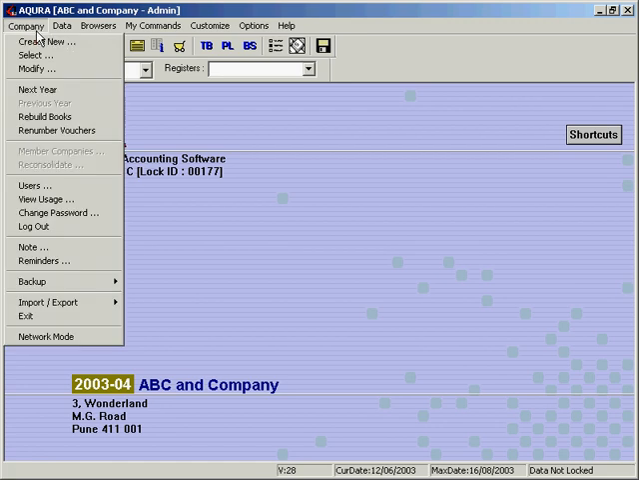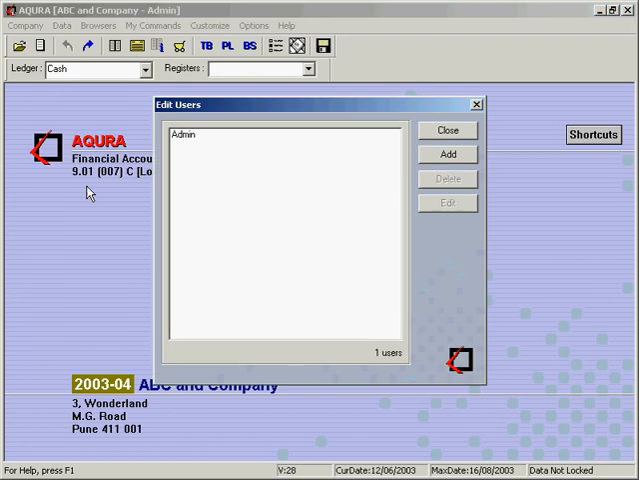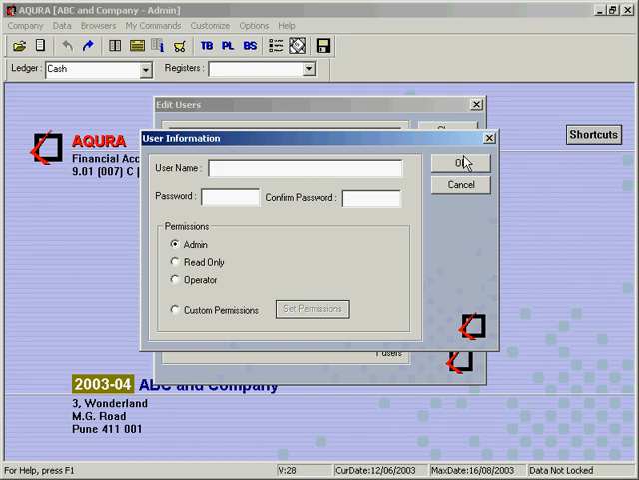Let's understand the user management in AQURA. Go to company menu, user sub menu, edit users. You can add different users. Let's say I'll add